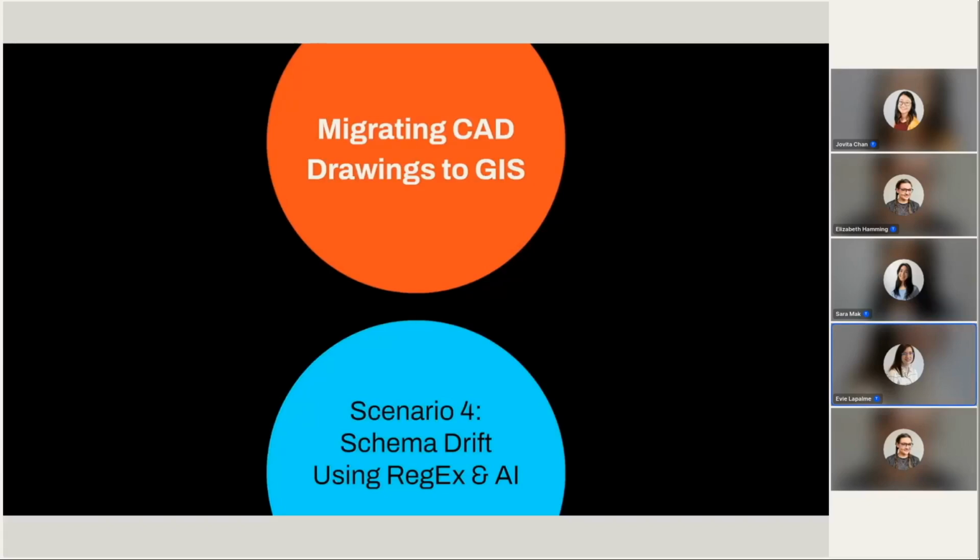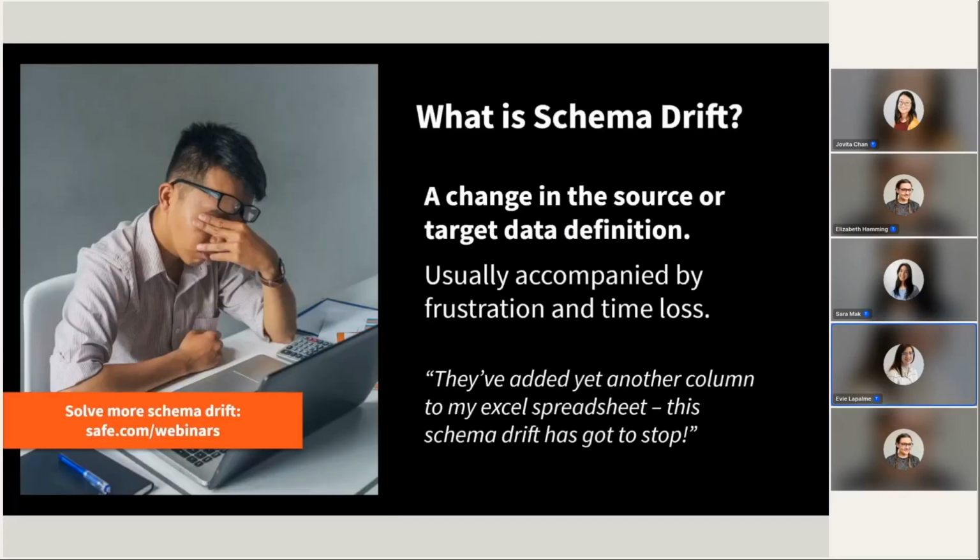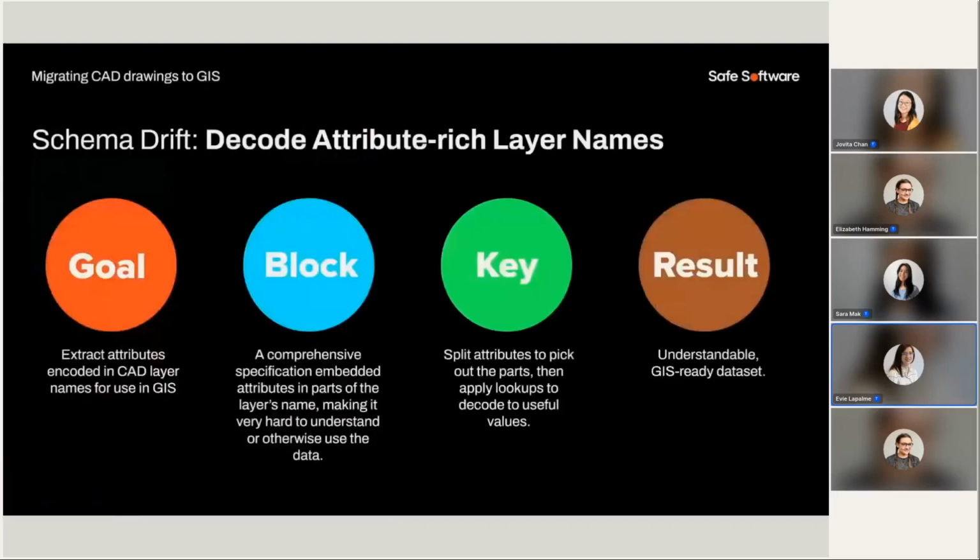scenario. But what is schema drift? A change in the source or target data definition is what schema drift is. And this usually is a lot of frustration and causes time loss because it's hard to deal with if you don't have an automatic process to deal with it. But FME can help with this. So we are going to show you a little bit about how to